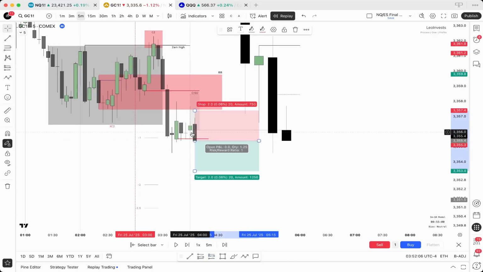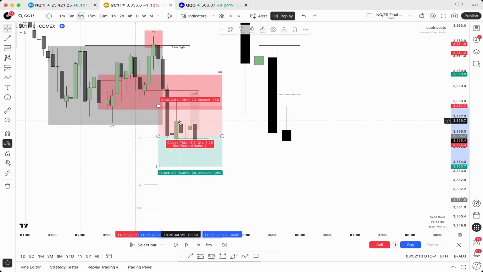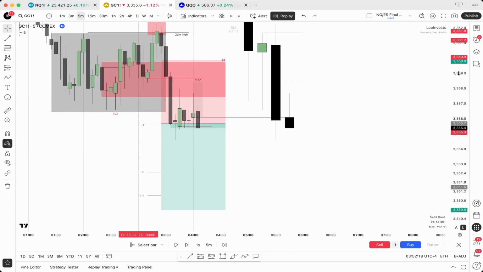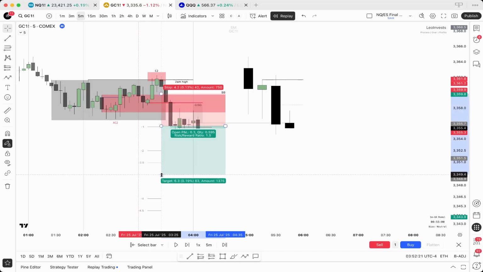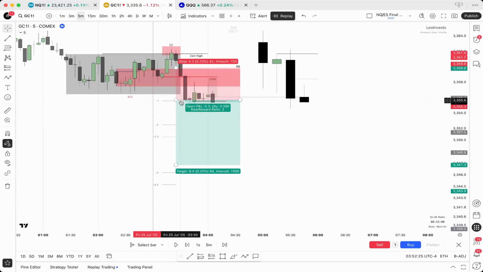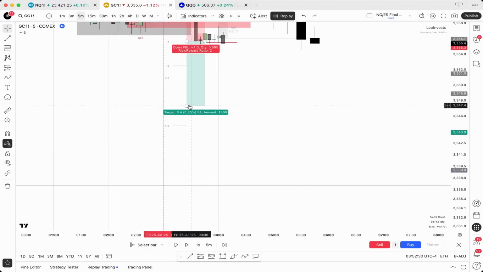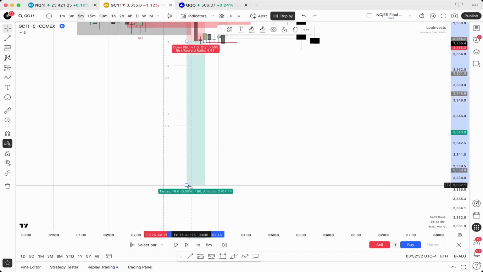Now, where would my stop be? Well, as I mentioned with the previous example, if I were to enter off of a traditional C2U entry, I would take a market order on the closure with my stop just above this breaker, targeting a 2R and or a draw on liquidity, which would be those lows that I talked about at the beginning of this video. So with the C2U, this would be a traditional entry for myself here, where I would be targeting this 2R down here and or this draw on liquidity all the way at these lows,